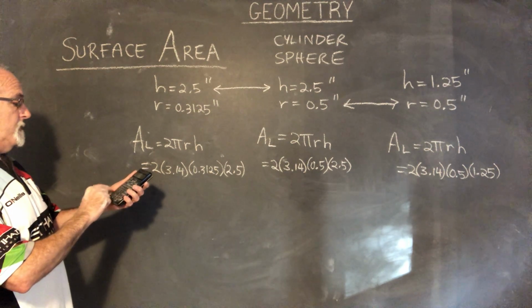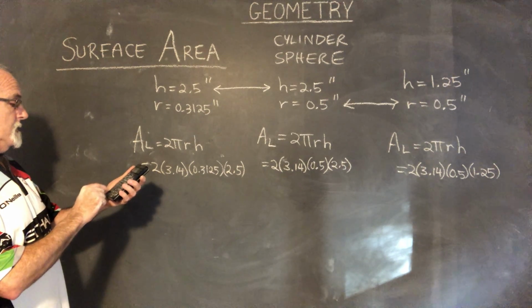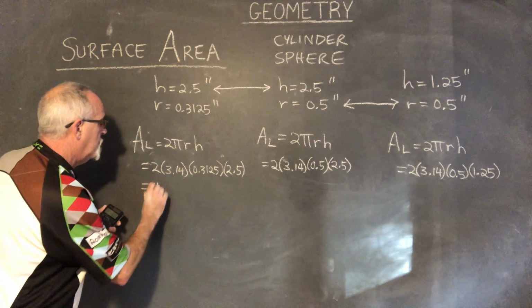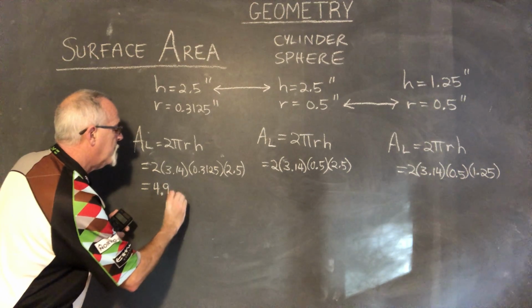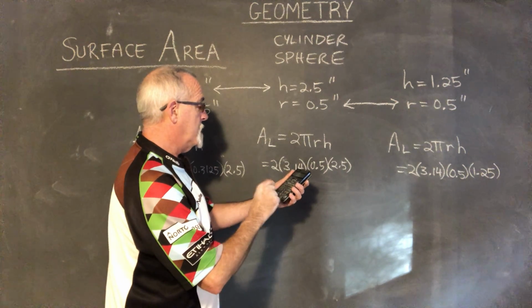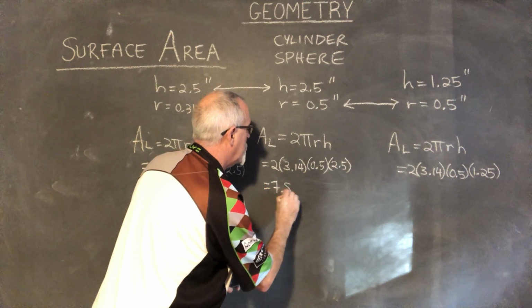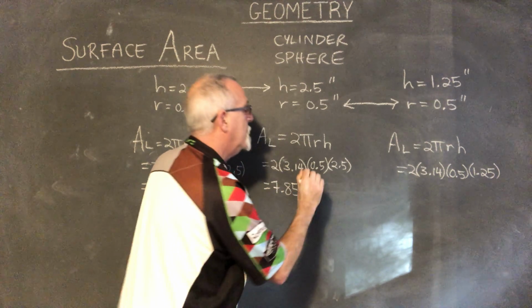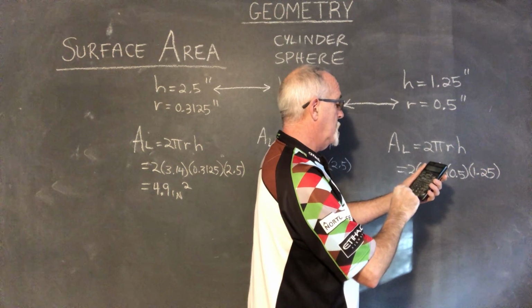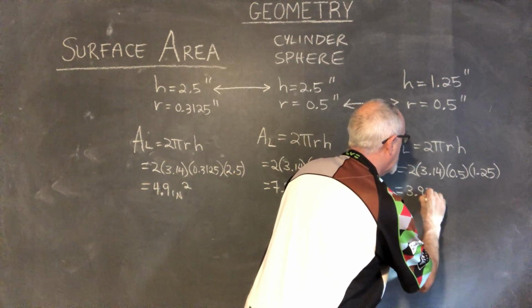2 times 3.14 times 0.3125 times 2.5 equals. I'm going to round it to the nearest tenth. It's 4.9 square inches. This one, 2 times 3.14 times 0.5 times 2.5 equals 7.85. It's bigger, but we expected that, didn't we? Square inches. Last one, 2 times 3.14 times 0.5 times 1.25. 3.925